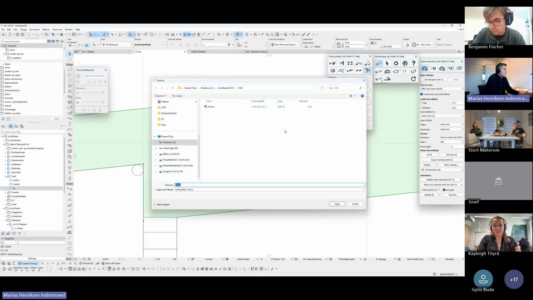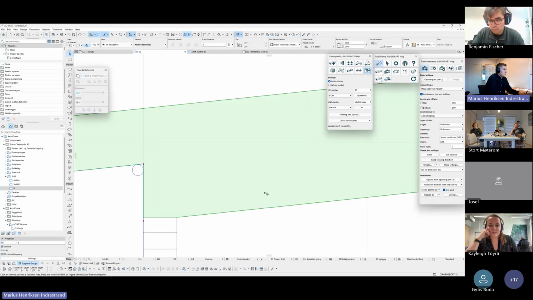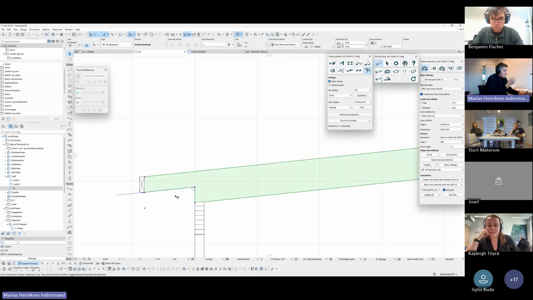So we will look now into this new feature Benjamin has made. This is called lap plus contour when it's less than 90. So we're just going to copy this up